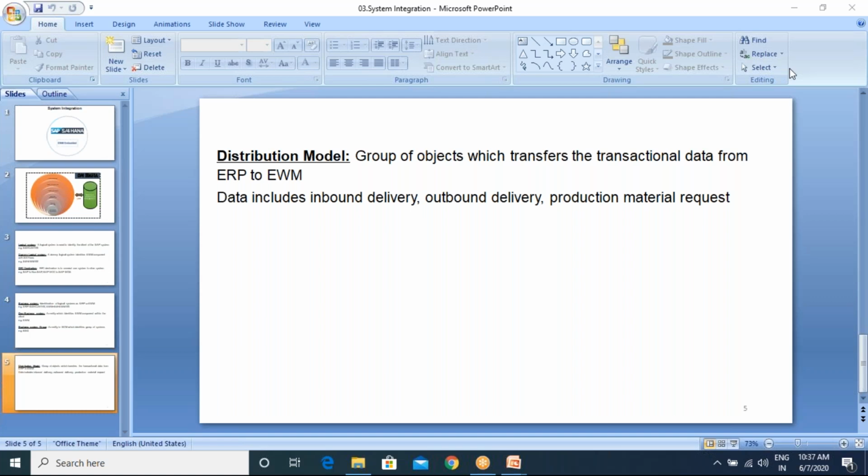That's why most projects will use queues only. Queue is basically a flexible method of distributing data from ERP to EWM.